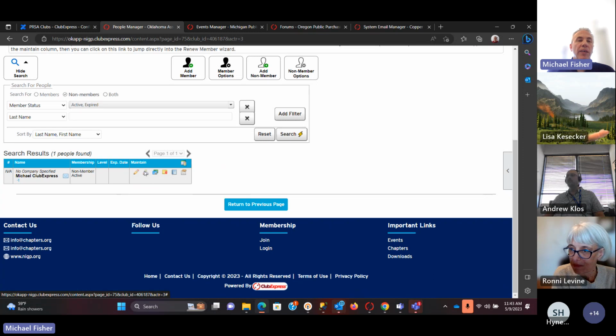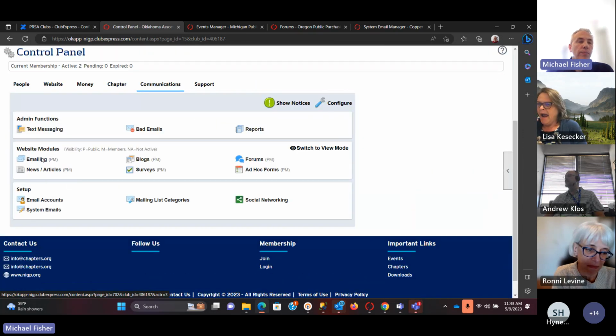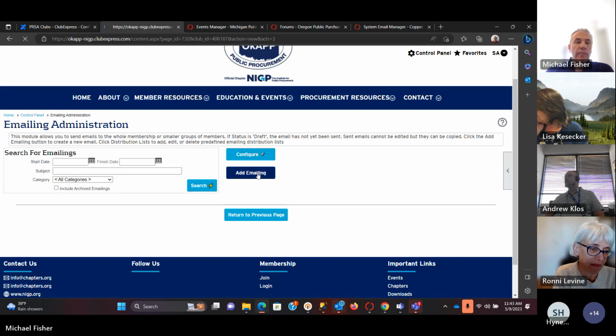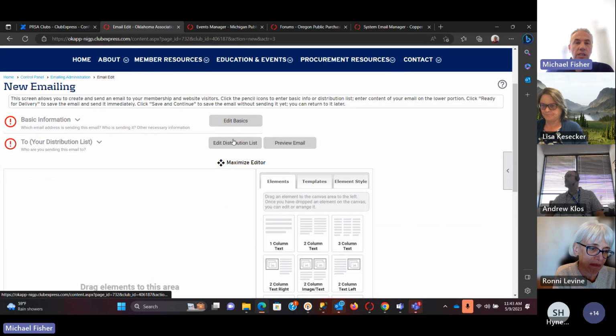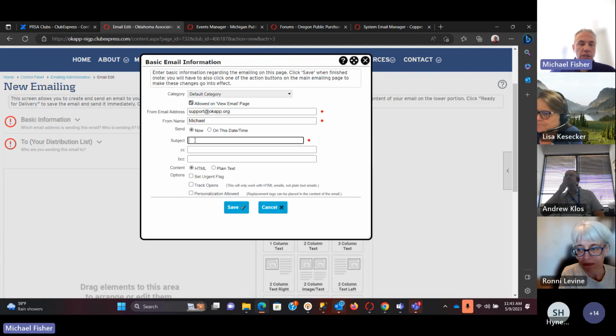So now I'm in there with all the other non-members, and I can see my mailing list category by clicking on this icon. I can see that I'm in the mailing list category of volunteer. Then when we go into the emailing module and add an emailing, the subject is going to be test email.